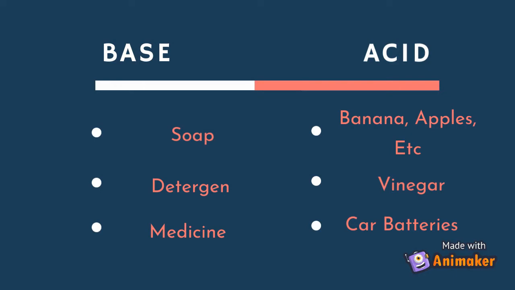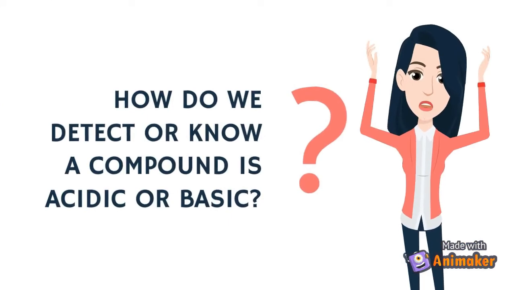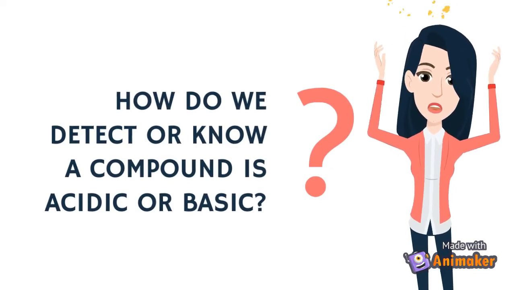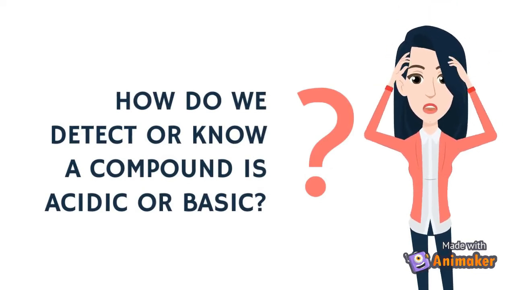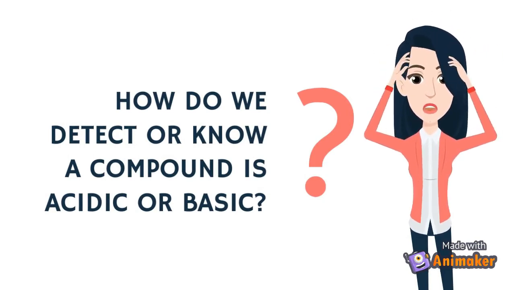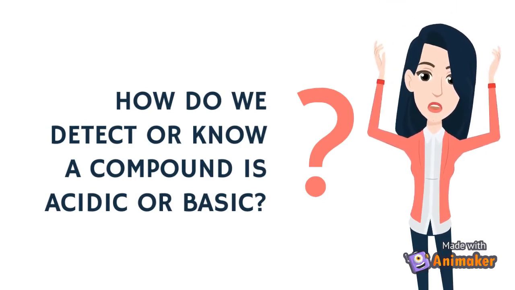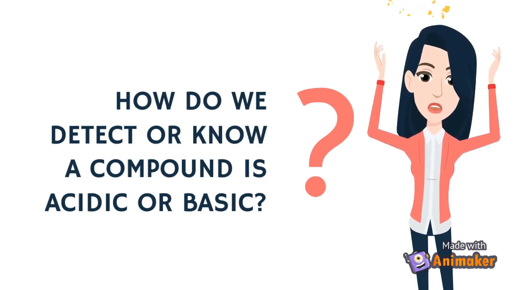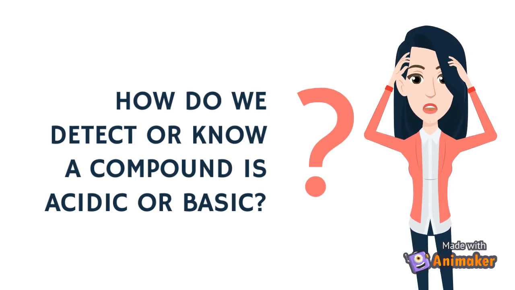So the question is, how do we know whether a compound is acid or base? There is a way, namely by using an acid-base indicator. The indicator is a complex compound that can react with acid and base. With an indicator, we can tell if the substance is acid or base. Now, the indicators themselves are divided into several types, namely neutral indicators,